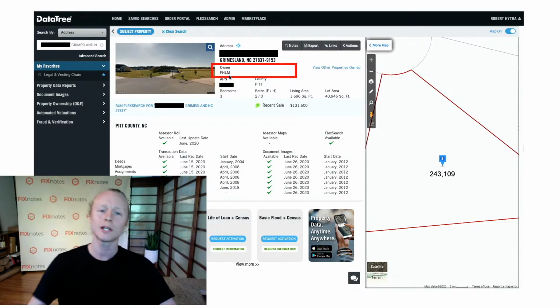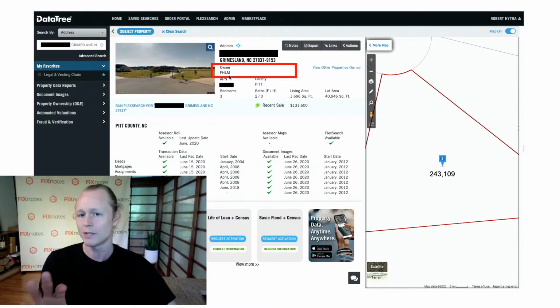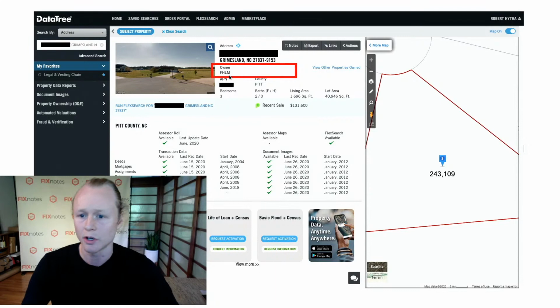But if you're reviewing a large portfolio of loans and you want to quickly disqualify a bunch of assets that you're not going to spend that next effort on, I would disqualify this loan. There could be potential here, but it's not going to be as cut and dried as a loan where the owner matches the borrower. So now if we click over here in property data reports, right here, and open that up,